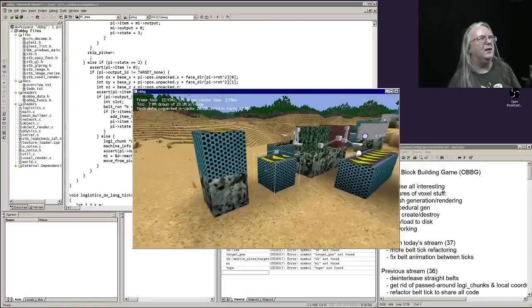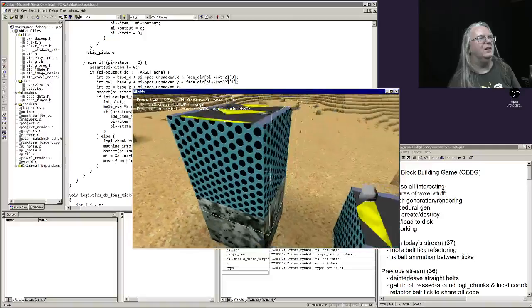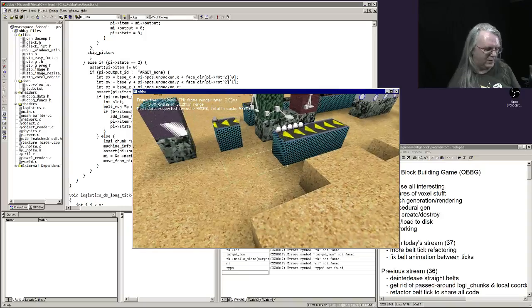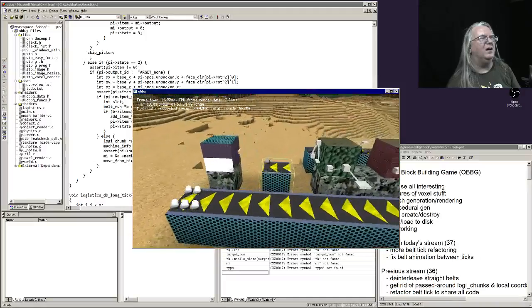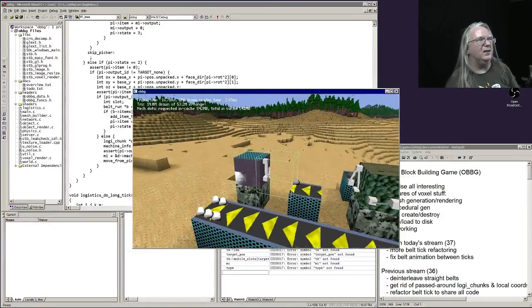One. That's not the top. One. Oh, it's two. There we go. Oh, still have that bug of rendering it wrong. That's okay. So then we need